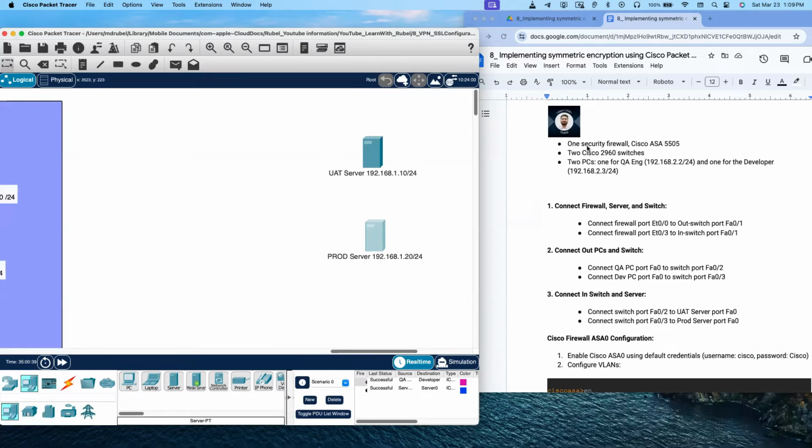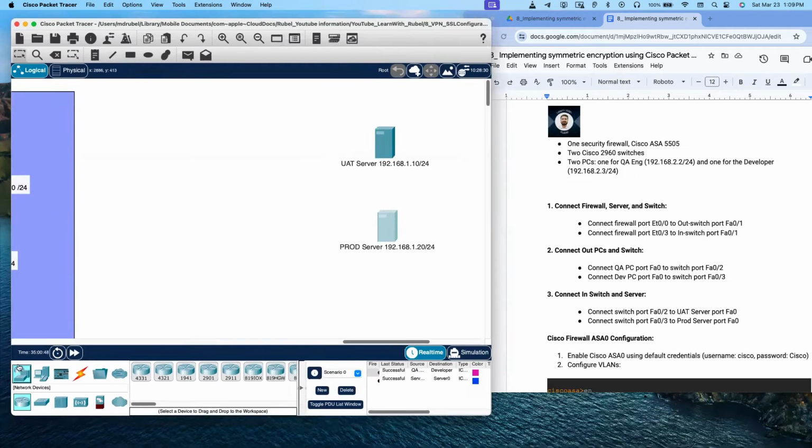So now we need one security firewall, Cisco ASA 5505. So now again click on the network device on the Packet Tracer. Then you see this is the firewall. So we need a 5505 firewall. So I'm going to put this firewall here,